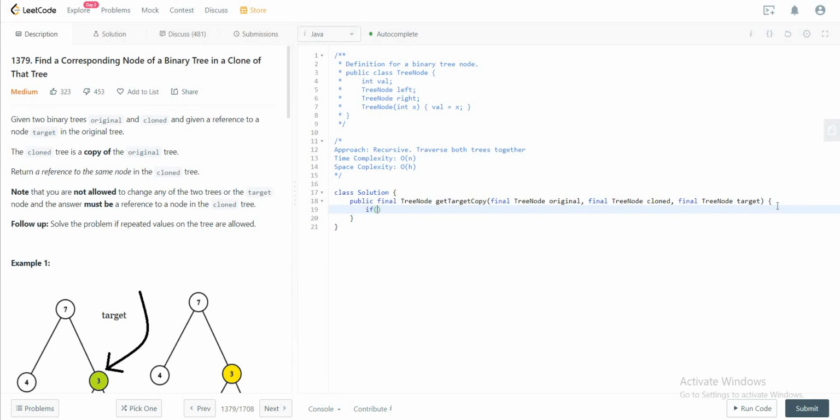Right, so the first thing you do is that we say that if our original is equal to the target, or if the original is equal to null, we would just return cloned, and then we will see in a second why that makes sense. And then the second thing you do is you say tree node, let's say a left, and then you get